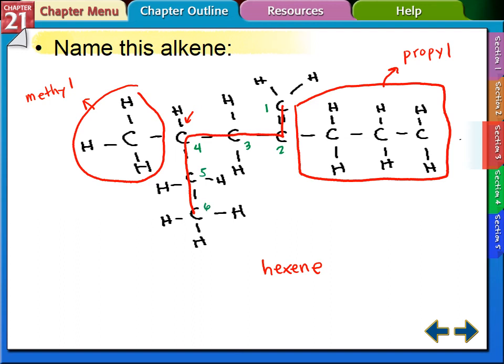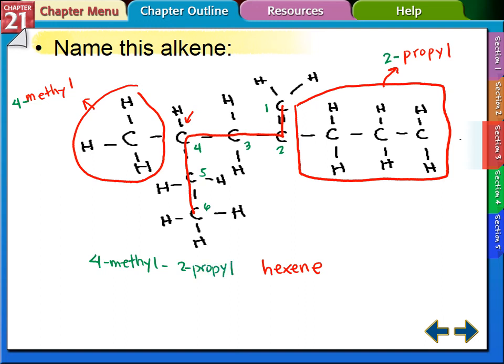So we have here methyl being connected to carbon 4, and our propyl is connected to carbon 2. Now recall from naming of alkanes that we have to arrange the alkyl groups in alphabetical order. So we should name this as 4-methyl, 2-propyl,